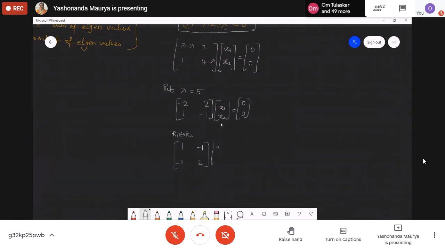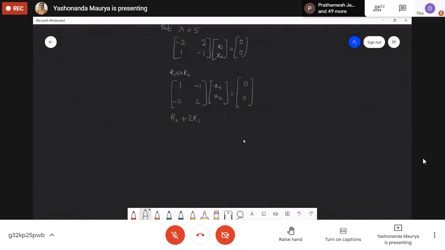You remember, in a system of equations, when we solve, we are allowed to use the row transformation. So that is what we are using. And then R2, what we'll have is plus 2 times R1. In a system of equations, we try to simplify. We can use the row transformations. Our aim is to reduce it to the echelon form, so it should have lots of zeros over here. So that is what we are going to get.